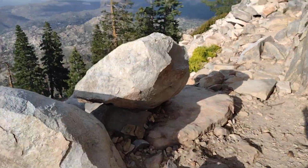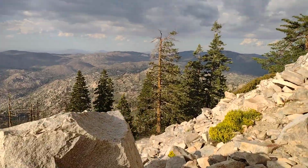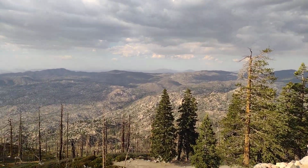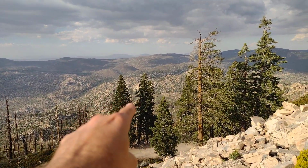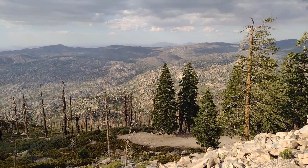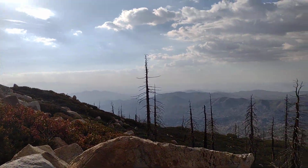It's my third summit of the day. It's getting a little bit late. The hike up here was a little further than I thought, about just under 3 miles. So I've got another 3 miles to hike back over there somewhere, and I'd like to do that before it gets dark, so maybe I've got about an hour, maybe 45 minutes